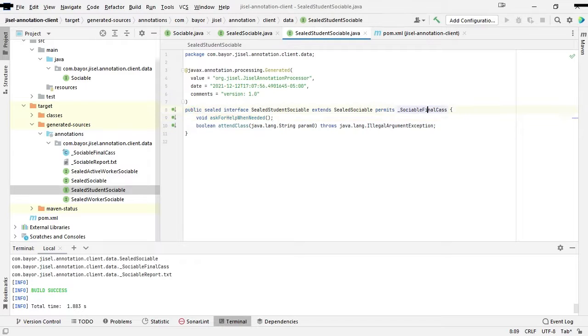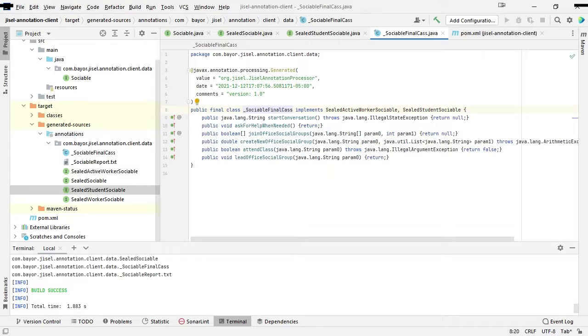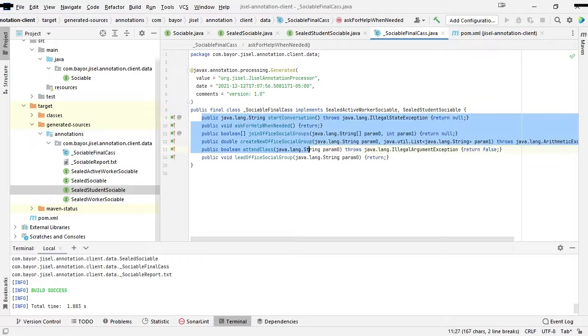If you look at the content of this final class, what it really does is implement the interfaces that are at the lowest level, because those don't have any child interface or child class defined by default yet. In this case, we have two, the student and the active worker, and it will also generate default implementations for all of the methods that we find in the large interface.